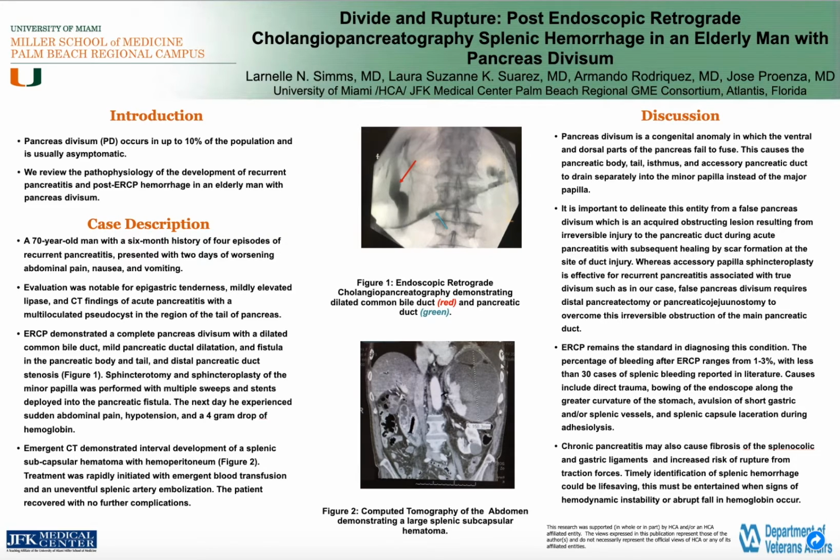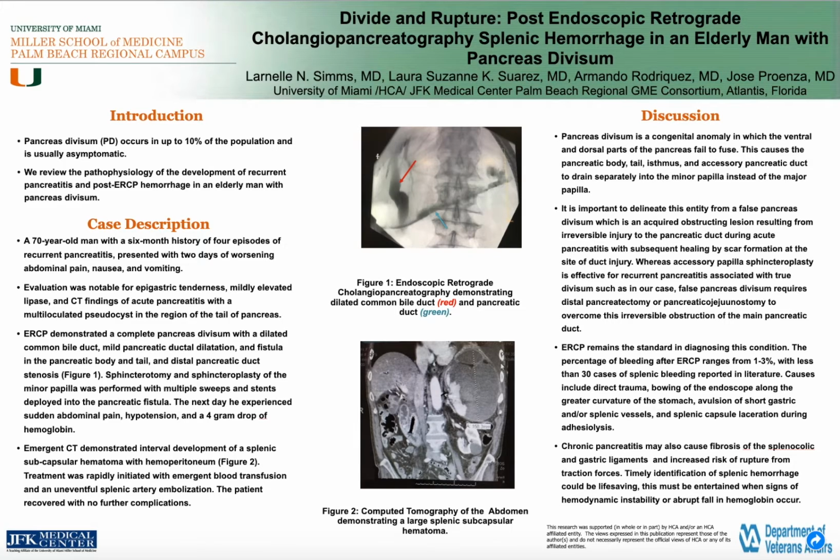Pancreas divisum is a congenital anomaly in which the ventral and dorsal parts of the pancreas fail to fuse. This causes the pancreatic body, tail, isthmus, and accessory duct to drain separately into the minor papilla instead of the major papilla. It is important to delineate the entity from a false pancreas divisum, which is an acquired obstructing lesion